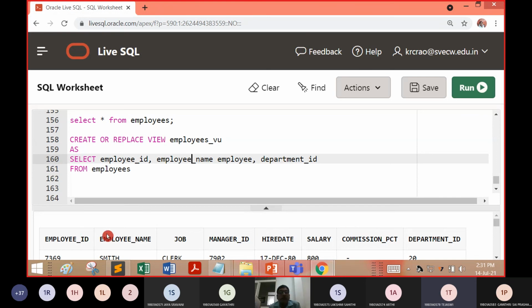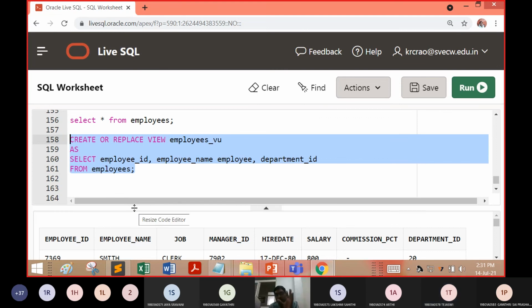So in these 8 fields, how many fields are going to be provided as input to the view? 3, sir. Employee ID, employee name, and department ID. So from these 8 elements, we are going to get only 3 elements. That is how you create a partial table.